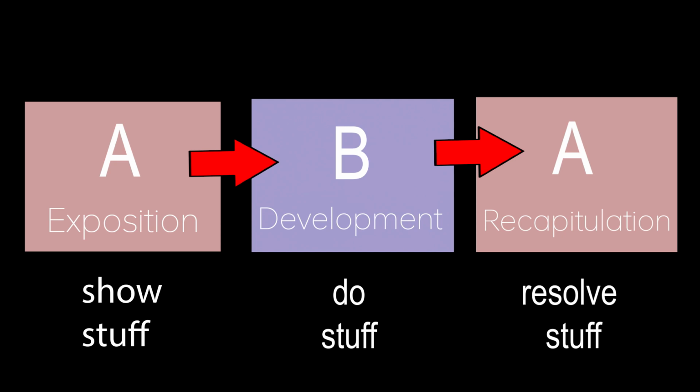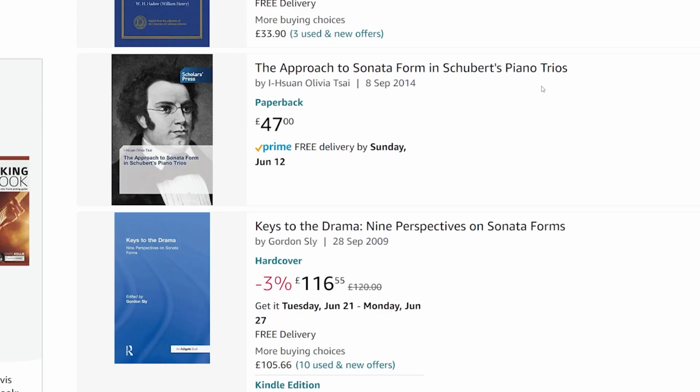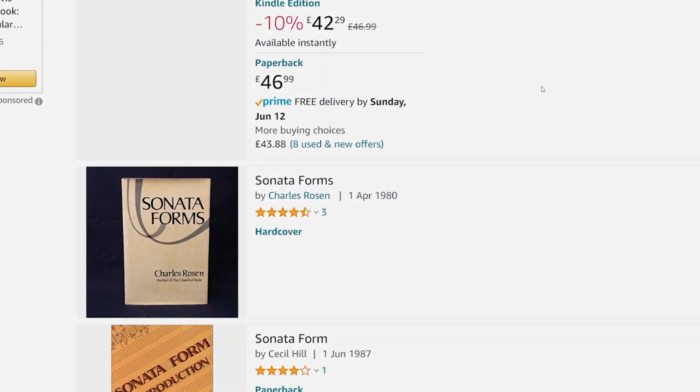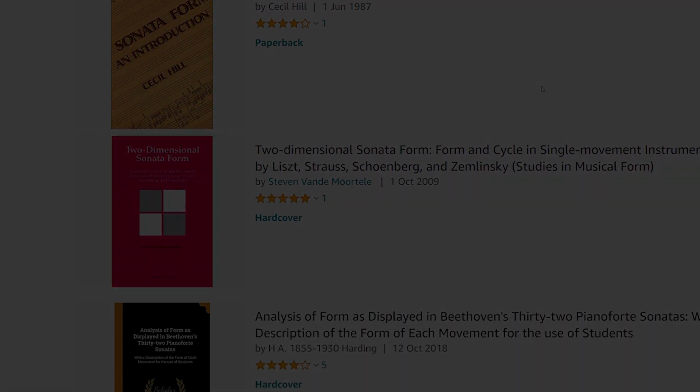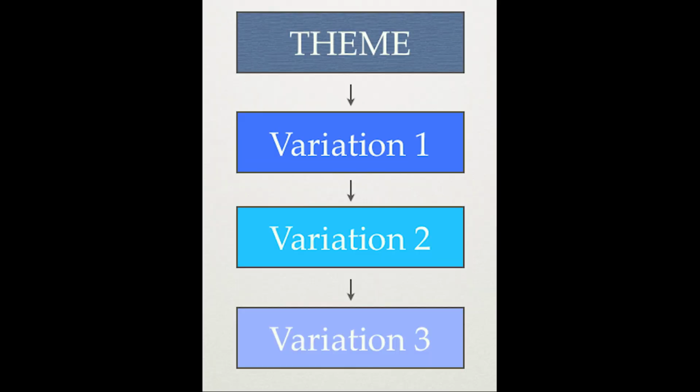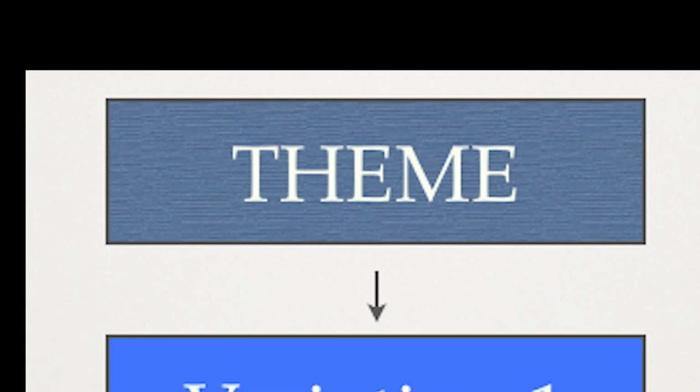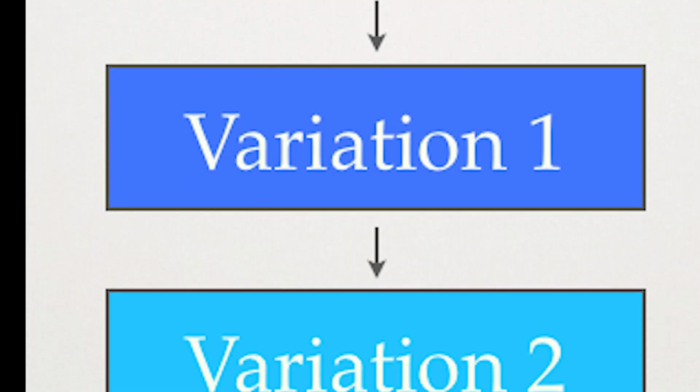Next, in development, you really can do anything. This was actually, circa the 18th century, a new way to treat music. Take an earlier form of music, a common musical structure that was used before the sonata form: theme and variation. With this form, the composer takes his first material, makes a variation of it, and a second variation, and then